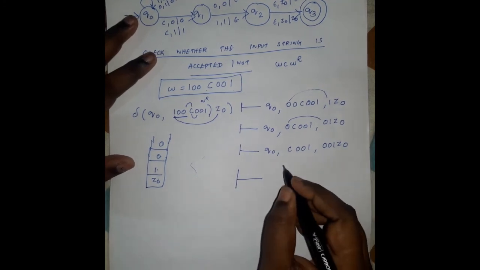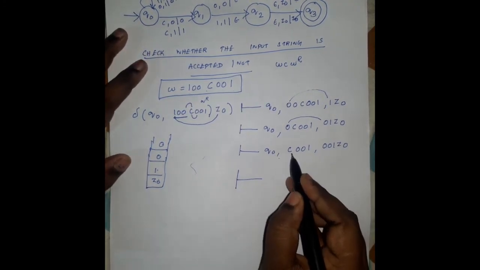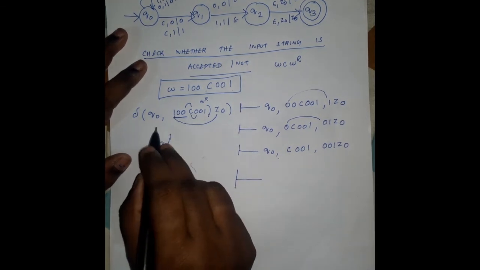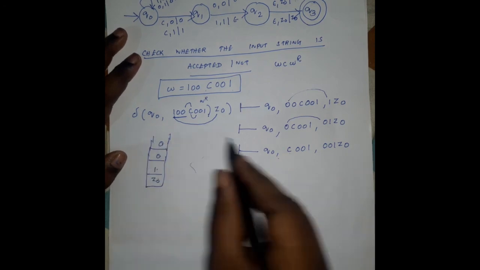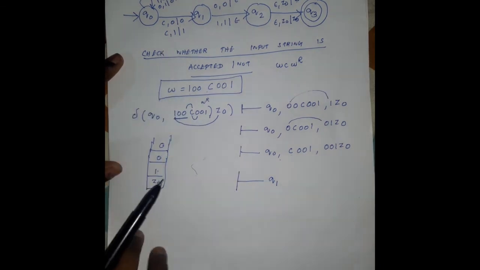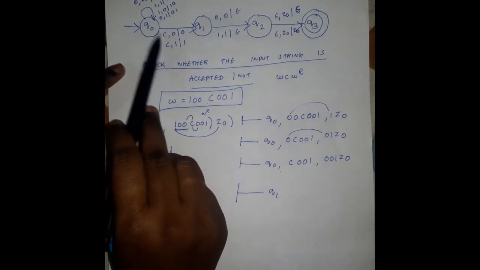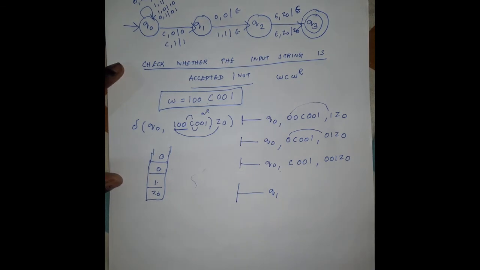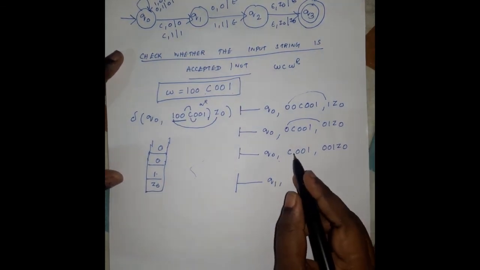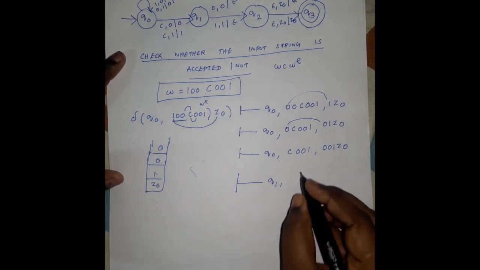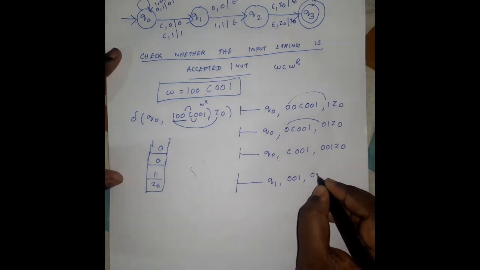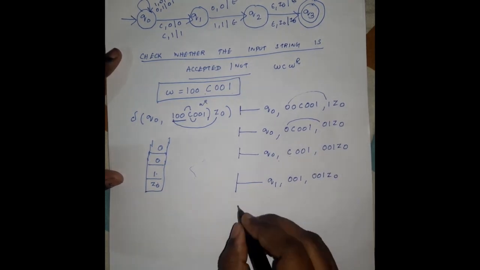So now Q0 is reading the input symbol C. Already I said, whenever the separator symbol is read, the state is changed from the current state to the next state. So it goes from the current state Q0 to Q1. You can clearly see this in the pushdown automata: after reading C, it goes to the next state Q1. For the separator symbol, there is no action performed on the stack. Whatever is present in the input remains, and the stack symbols also remain present in the stack.